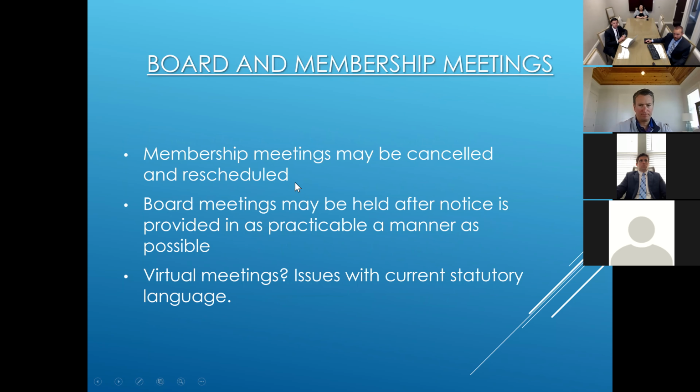But as Jim mentioned, what we've been advising communities, I know a lot of you have reached out to us. If you have an annual meeting coming up, you do have the ability to cancel and reschedule those. That's one of the emergency powers in the statute. There's some interpretation here. I've been of the opinion that if you have already sent out the first notice, for example, if you have a 2-notice requirement for your association, especially for a condo association or a cooperative, or if you're an HOA that's adopted kind of the condo form of election, I've advised some of my clients, I know some of you may be on here, that if you've sent out the first notice and that time's gone by